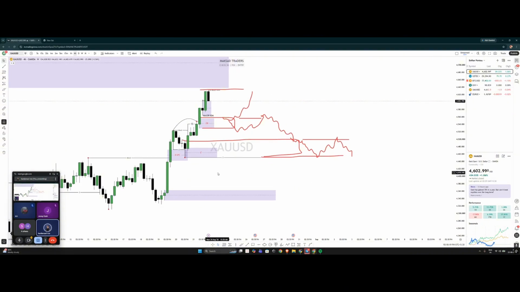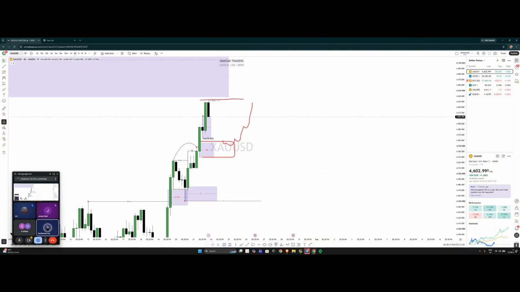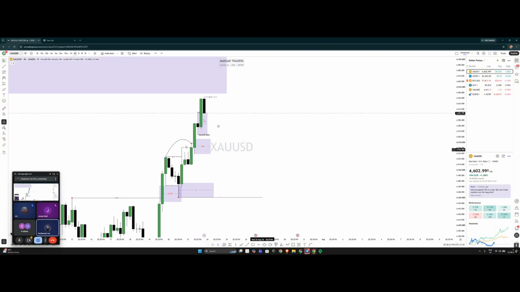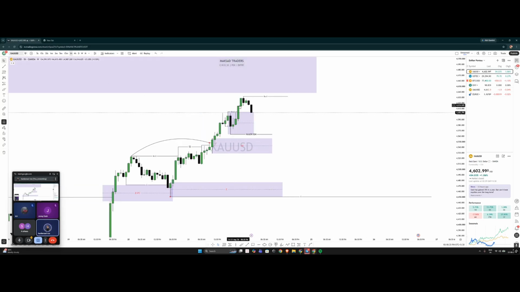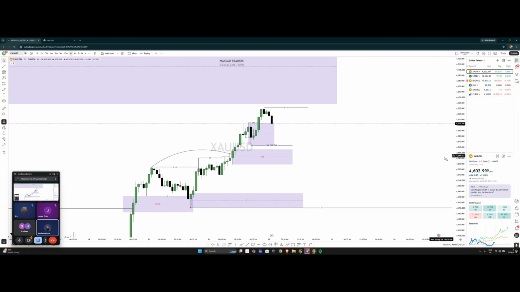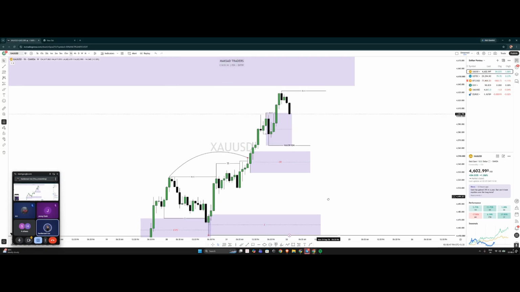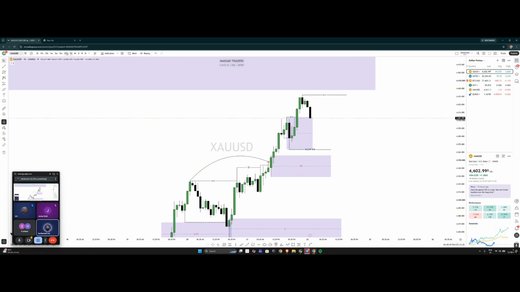But if you know how things work, then you will not wait to tap on this order block, you will not wait to tap on the CPOI, you will trade according to 5 and 15 minutes. So that's how things work. So now the 4 hour is clear, 1 hour is clear as well, but we just need to figure out if this area is going to hold or not. Okay, if it does not hold, then we have this POI, we have this POI, we know what to do. So let's check in 15.